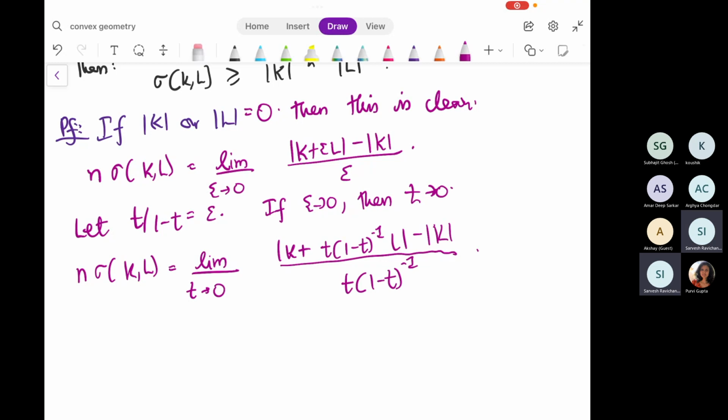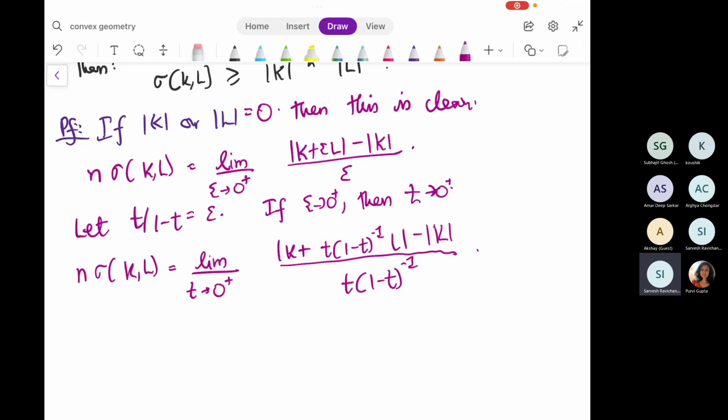Yeah, t is coming to 0 from the top. t tends to 0 plus, because epsilon is coming to 0 from the top as well. So t will also come to 0 from the top. That's important. I didn't feel that there was a necessity to mention it, but now after being pressed,